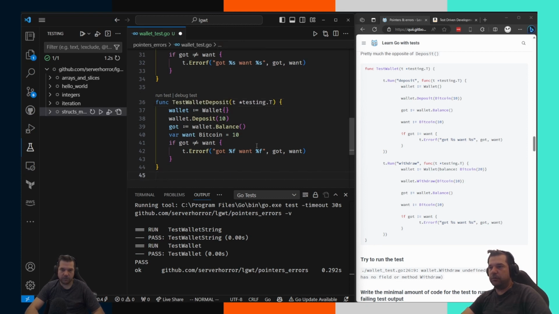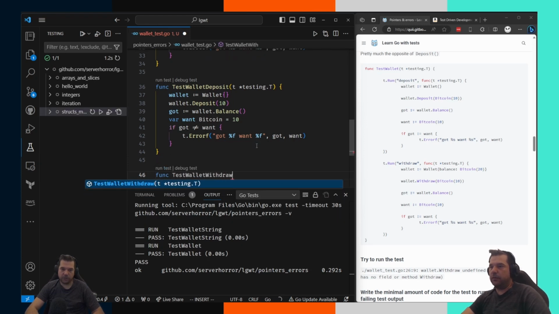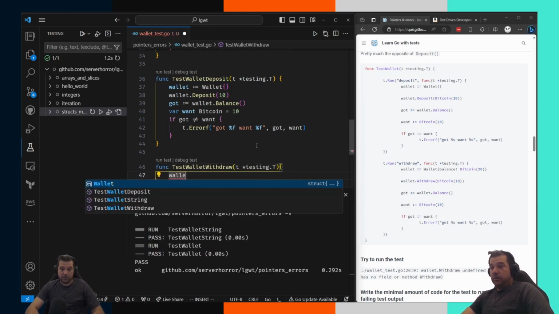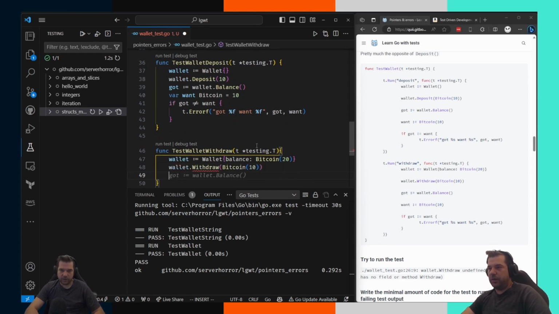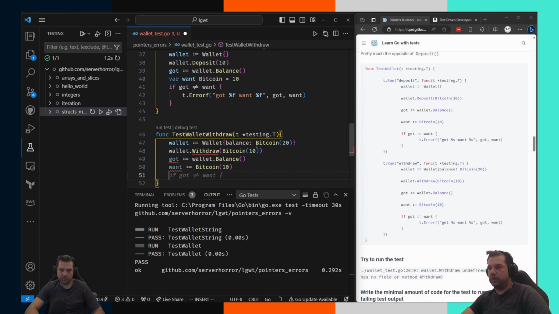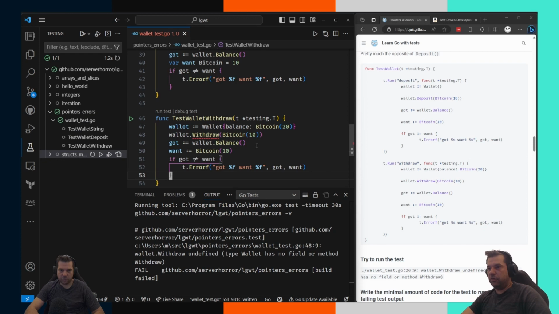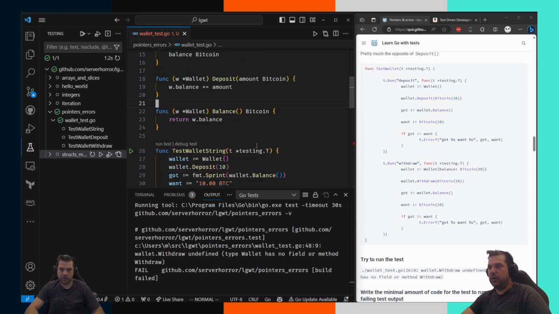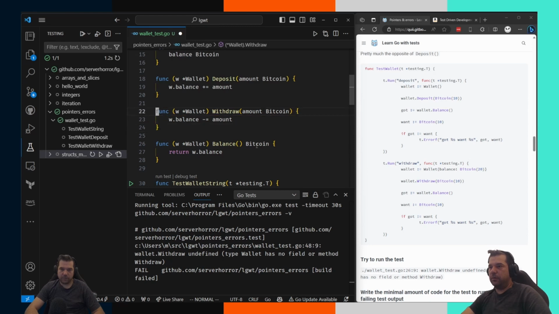Now we're going to do func test wallet with t *testing.T. So let's make a new wallet. 20 Bitcoin, withdraw 10. Got, want. This should not work because I cannot withdraw yet. But great, okay. So withdraw is